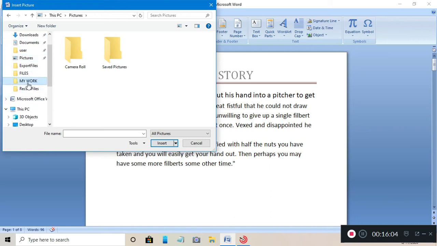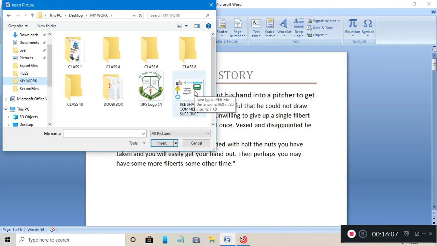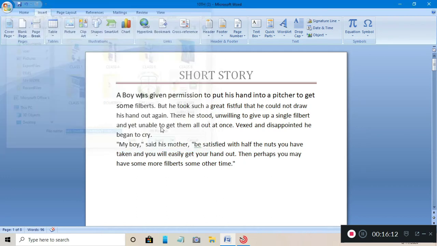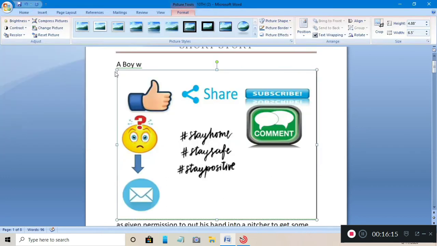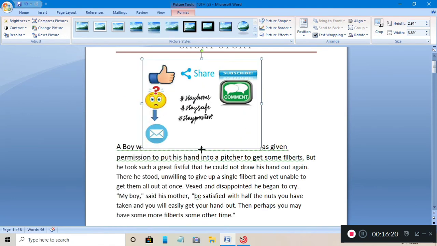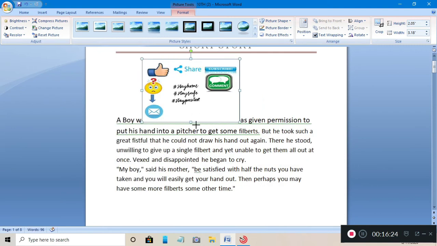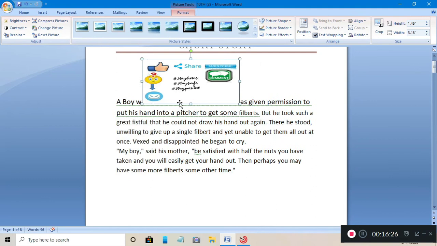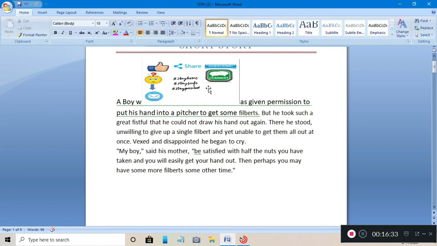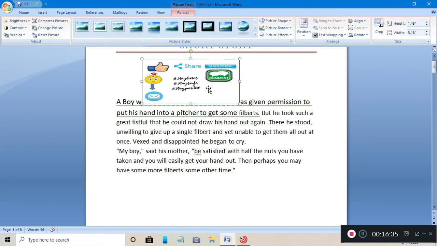As I do not have so many pictures, you can see here I have one, this like and share one. So this way we can add any picture in our document. We can change the size and location of any illustration or graphical object which we are inserting in our document. So this way we can add the picture.